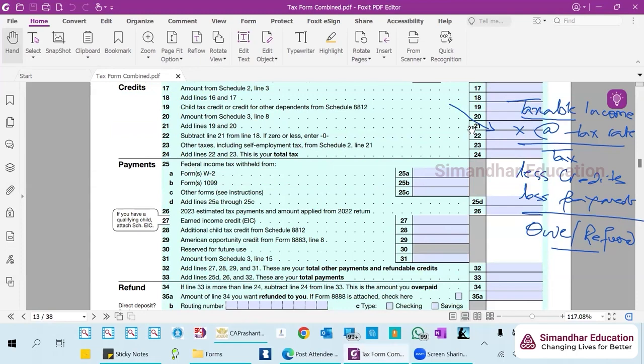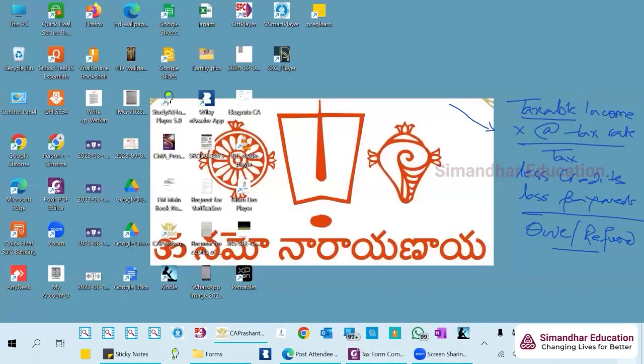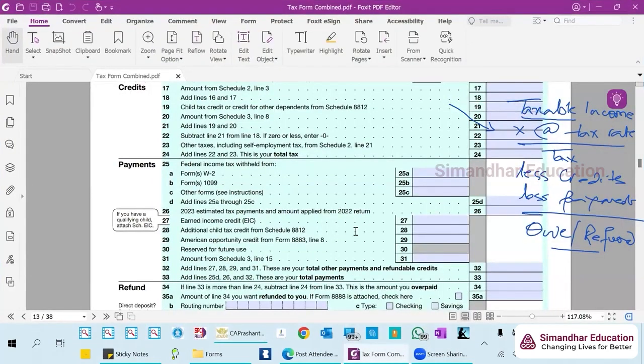The numbers on my 1040 are coming from various places, meaning various forms or various schedules. So the very first form or schedule I would like to jump on is... SD means standard deduction. ID means itemized deduction. Now, what is standard deduction? What is itemized deduction? We'll talk in detail when we get to the topic of standard deduction and itemized deduction.